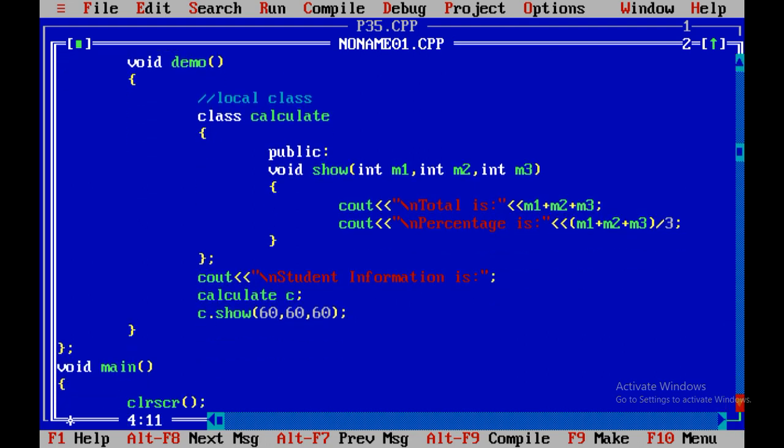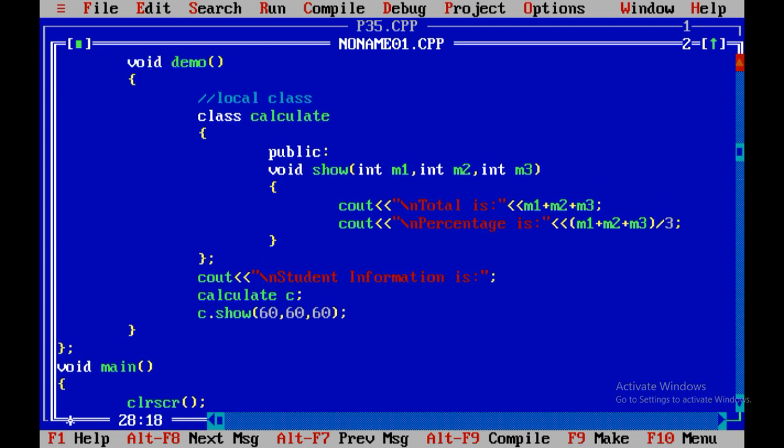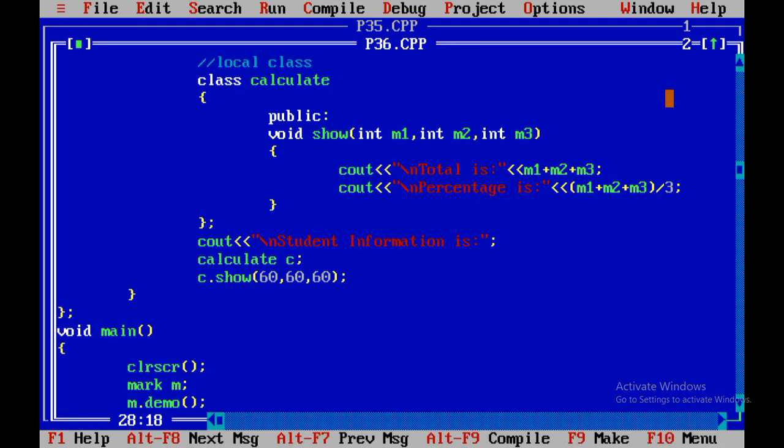So we need to create an object of class mark, m, and m dot demo, because demo is the function of class mark. Now let us save the program first. This is program number 36. You need to write the programs in sequence only. You can give whatever number is there in your sequence.